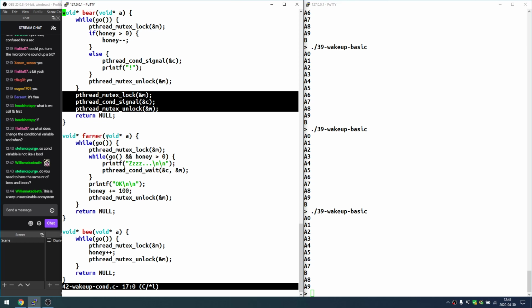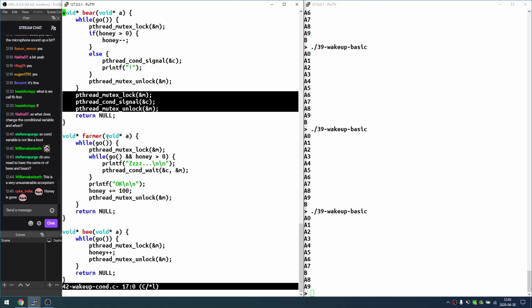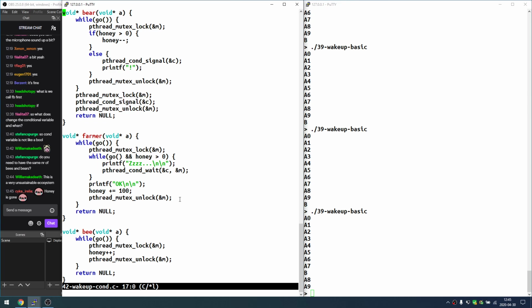This is a very unsustainable ecosystem. I agree, William, if this would be an actual system, but it's not. It's all fake. There is no bear. It's only written. Honey is gone. Funny. Okay, now